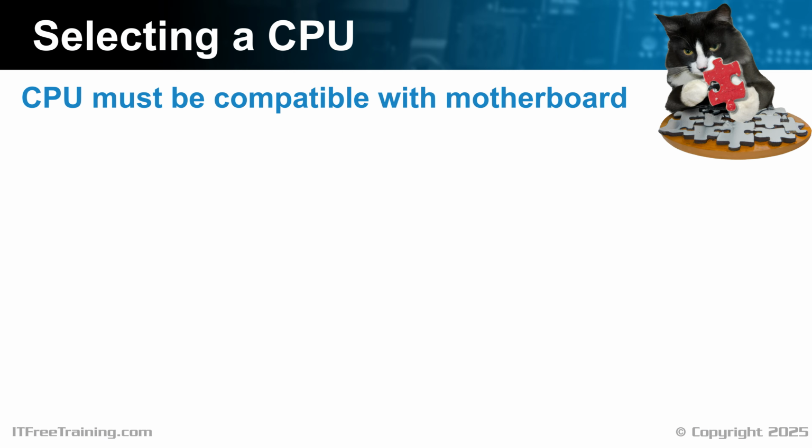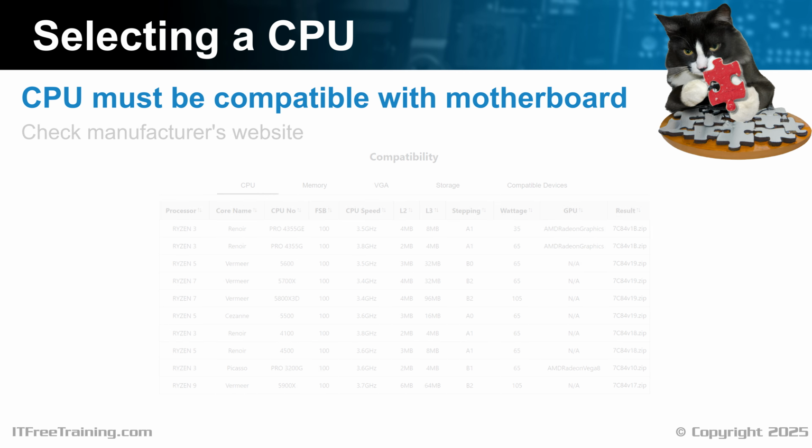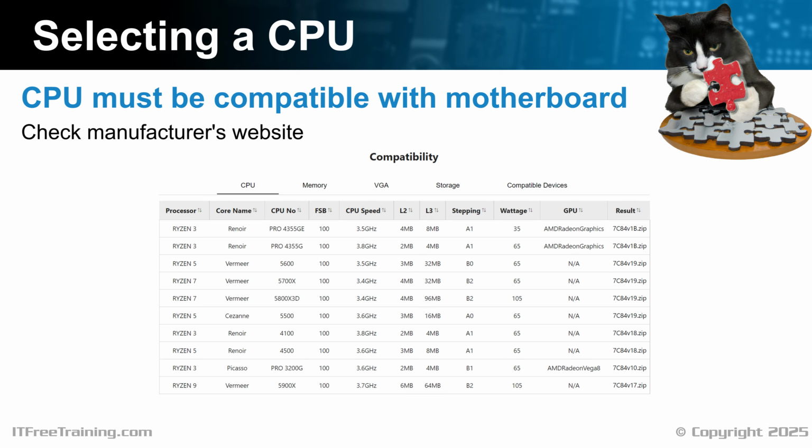When selecting a CPU, you need to ensure that you select one that's compatible with your motherboard. The best way to do this is have a look at the manufacturer's website. They'll have a list of CPUs the motherboard supports. In some cases, you may need a certain BIOS version to use that CPU. Hopefully, you won't get caught in a chicken and egg situation where you need a BIOS upgrade to use a CPU, but can't use the CPU until you upgrade the BIOS. This does not happen as much as it used to.